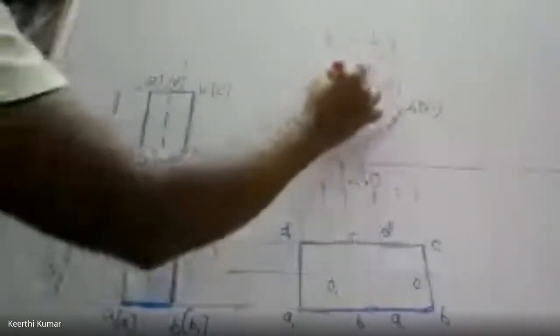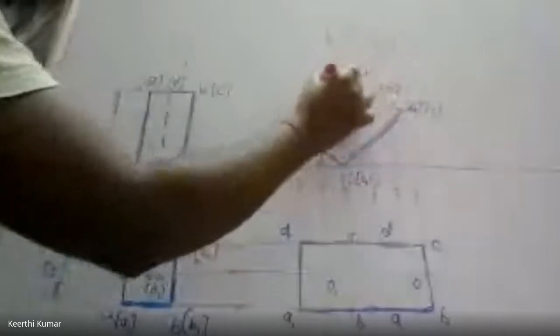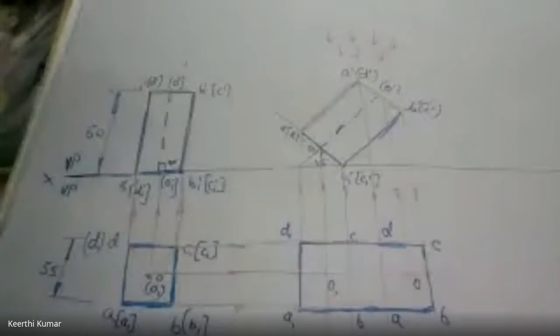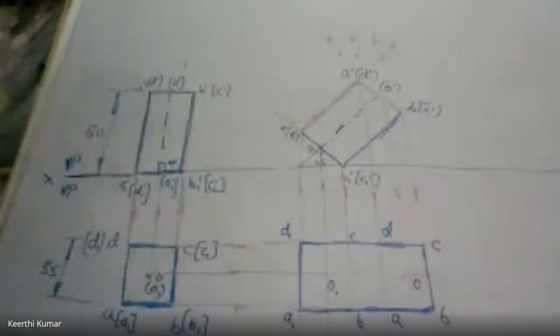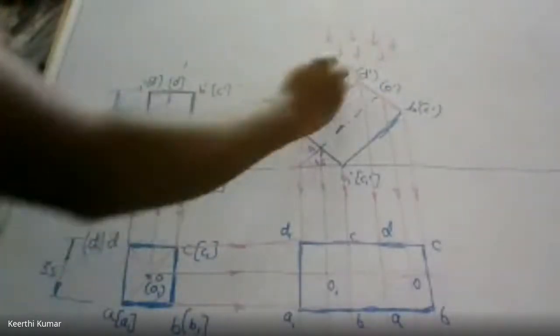If I see this figure from the top, can you tell what are all the different lines I can see? I can see this line. I can see this, correct? And also I can see this. This line I can see, and this line I can see. This line and this line I can easily see. So if I see this from the top, I can see this line completely and this line completely. And remaining this and this line I cannot see because this line is overlapping.